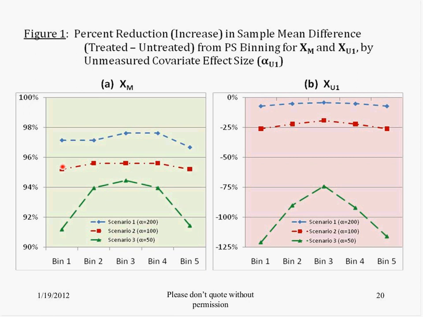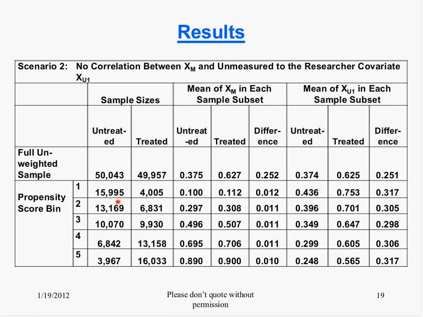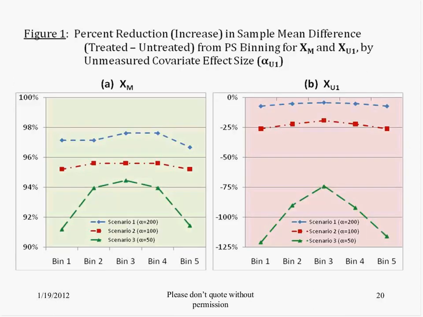The red line follows from these results on scenario 2 on slide 19. So this red line and this red line up here represent values from that table. What these are measuring, and I want you to note this, is the percent reduction or increase in the sample mean difference, treated minus untreated, from propensity binning for XM and XU1,